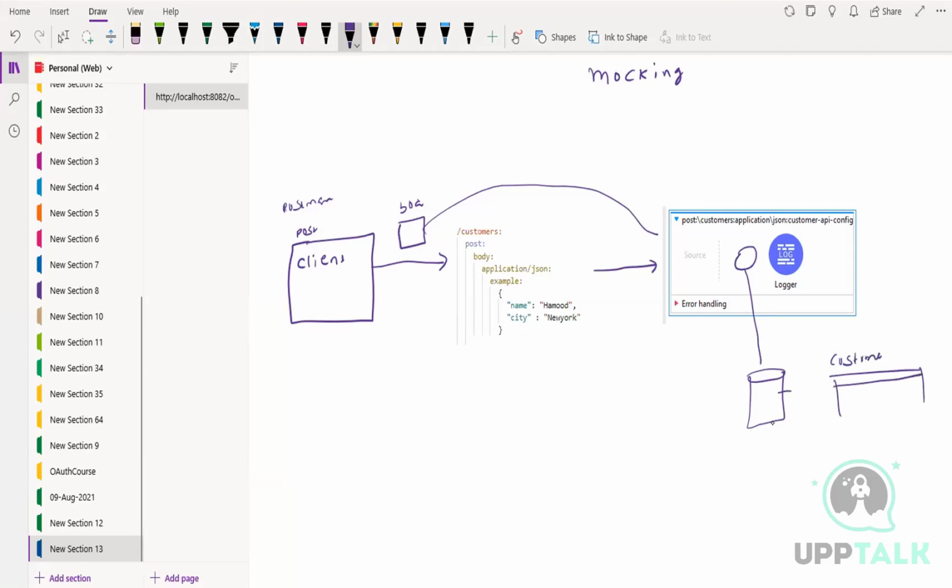Customer, it will take this customer JSON and add a record over here, a new record in the database. That's a POST method, right? All right, so one second, I want to make sure I understand. So the client